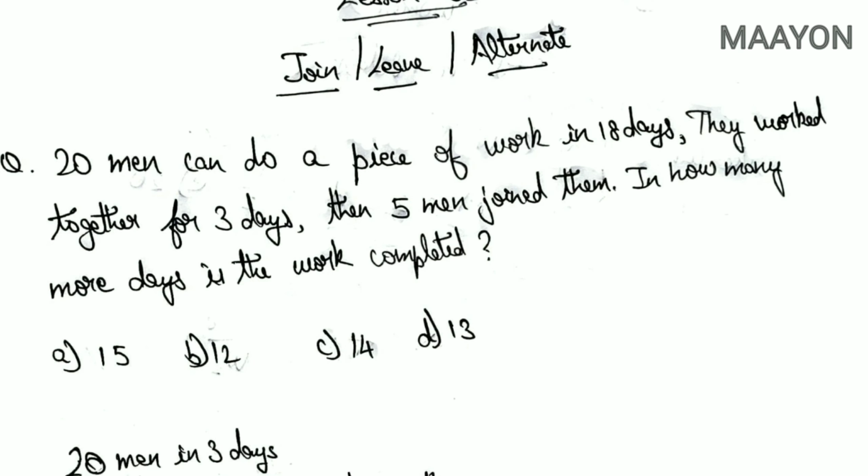Now the pro method. Here in case 1 and case 2, neglecting the first 3 days as it is not required, we can find that 20 men working for 15 days equals 25 men working for unknown number of days. Here the men in the first case and the men in the second case are in the ratio 20:25, that is 4:5. This ratio of 4:5 will be inversely proportional to the number of days. As number of workmen increase, the number of days will reduce. So it is inversely proportional. So the days ratio will be 5:4.